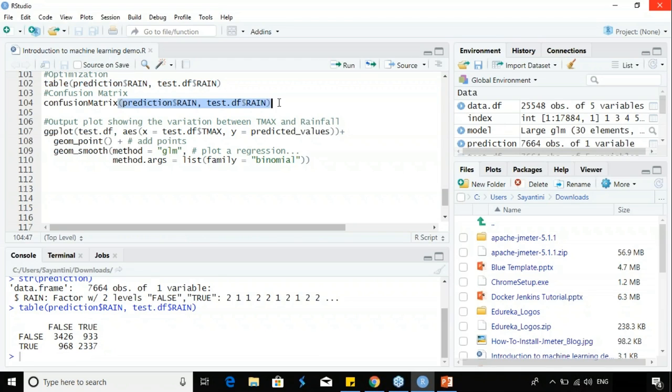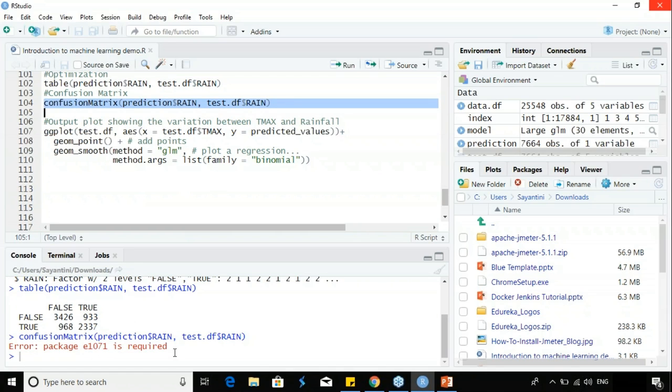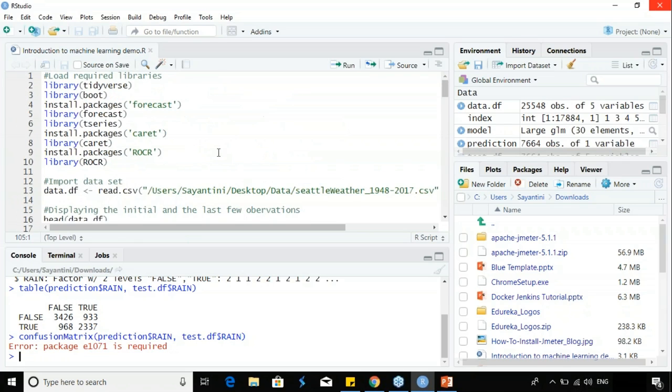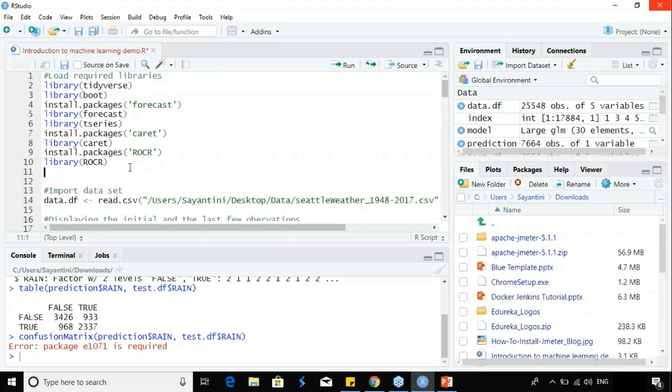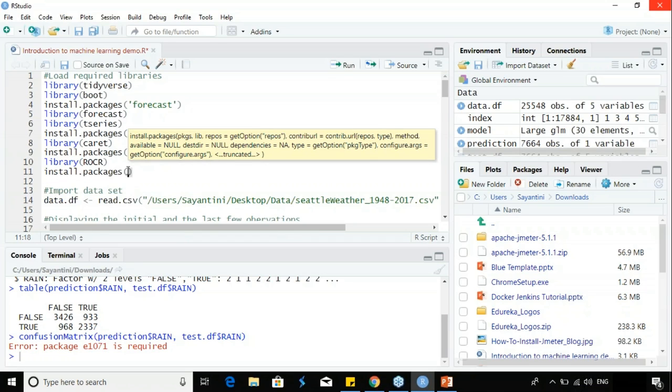To sum everything up, we're just going to build a confusion matrix. But here we're getting an error which says that package e1071 is required. So let's just install that package. It's very simple to install packages.